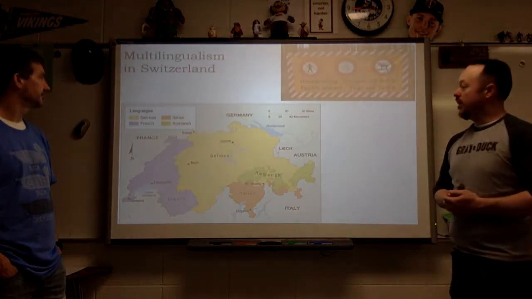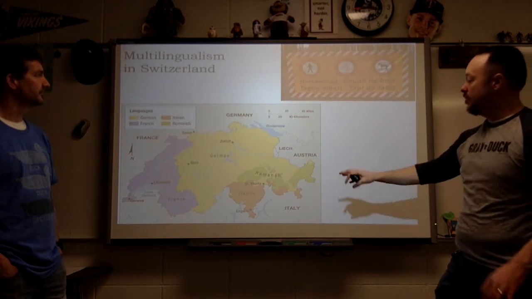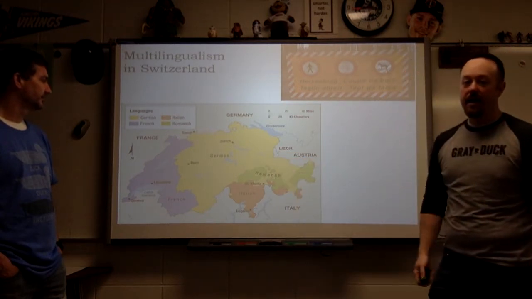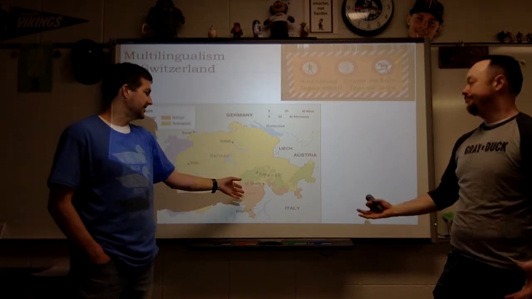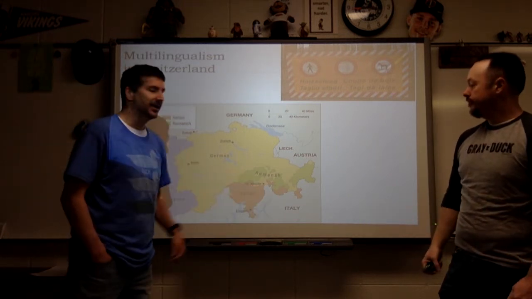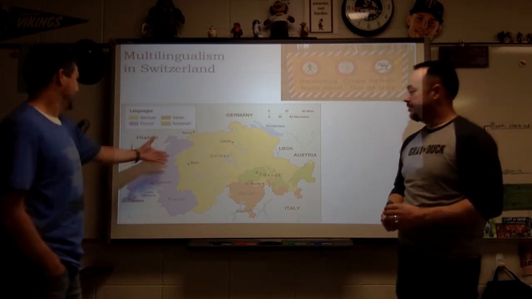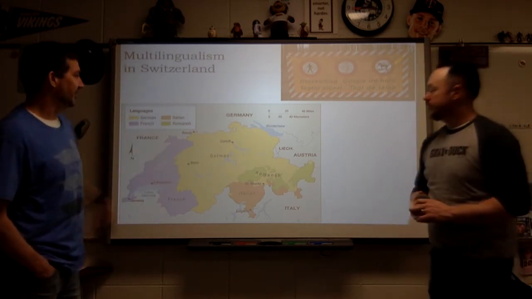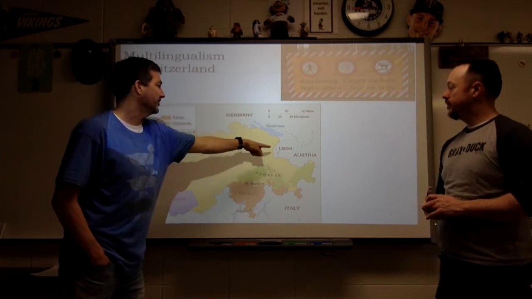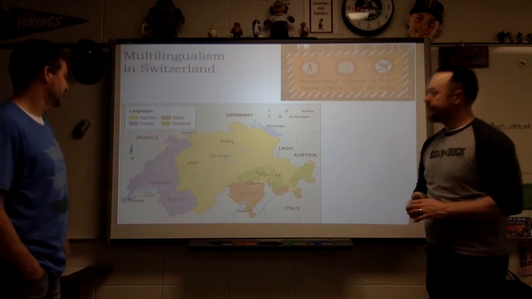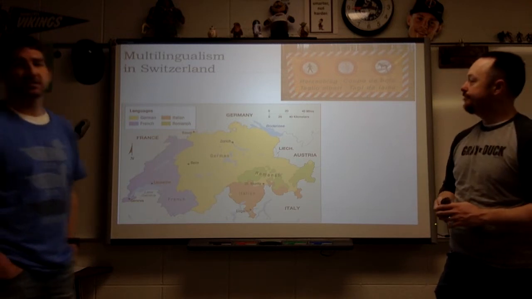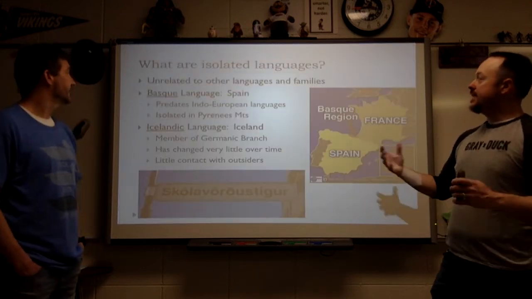Here's Switzerland, our A+ country. Again, they just kind of let everyone be with their own languages, and you can see how they're divided up here. And again, you see border, right? It's not a coincidence that the Italian-speaking Swiss are going to be near the Italian border, right? And you've got the Germanic near Austria and Germany, which are both German-speaking, right? You've got your French-speaking closer there. Makes sense.